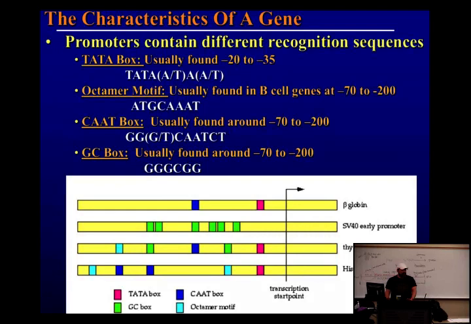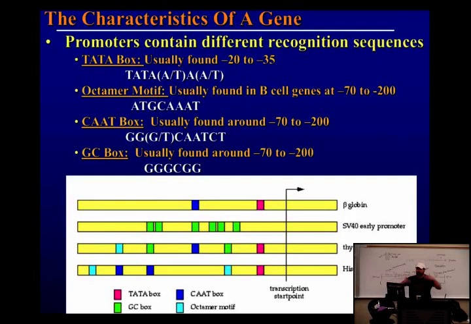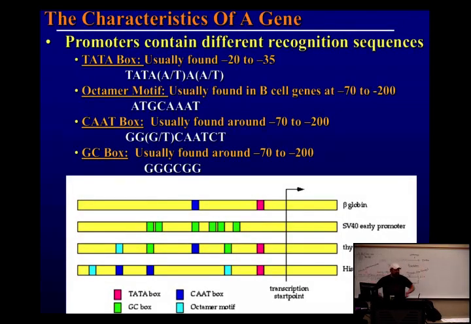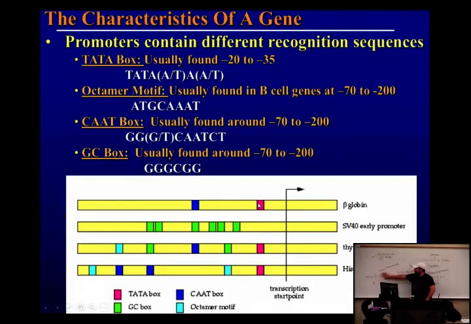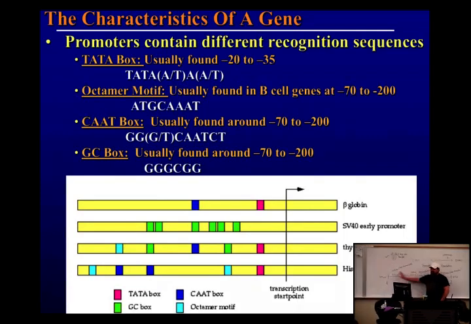So do you guys get the point that different genes need to be turned on or off at different levels, depending on what their job is? And so they have different codes in the promoter that let them know, hey, I should be at this level of dimmer, or this level of dimmer, or this level of dimmer, or off or on, all the way. Does that make sense? So these little codes, remember the DNA, all it is, it's letters, right? It gets an instruction set. So the letters tell the polymerase how often it should be expressed or how it should read this.